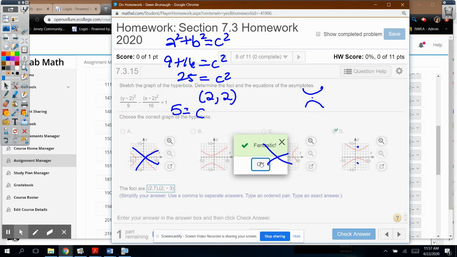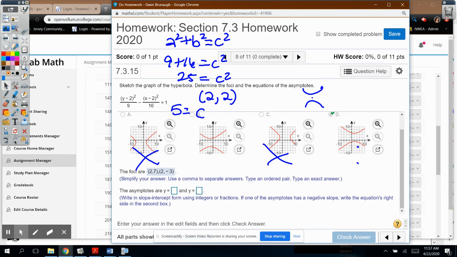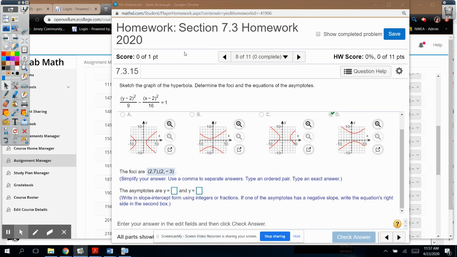Okay. As for the asymptotes, let's look here. We said it's at 2, 2. I'm going to draw a little bit better sketch for us. If I'm at 2, 2, I've got to do the A and the B. So in the y direction, I'm going to go up and down 3. And that's where those vertices would have been that they didn't ask me for, but that's this point here